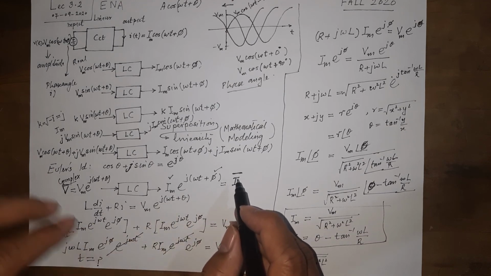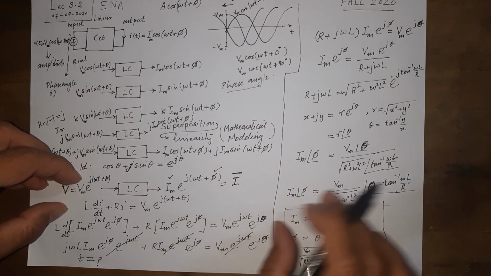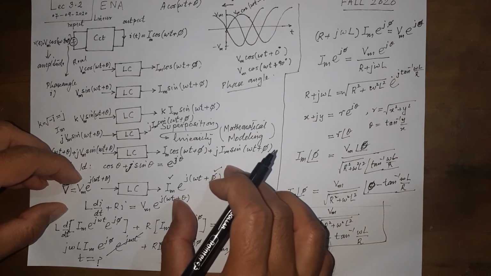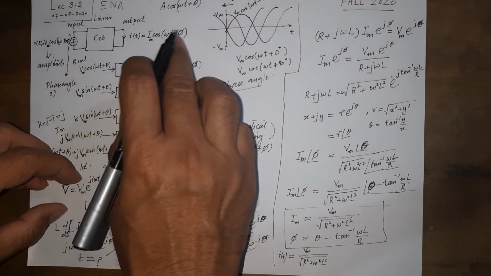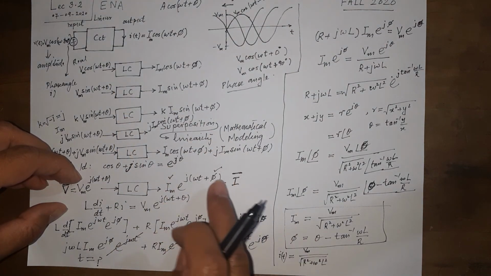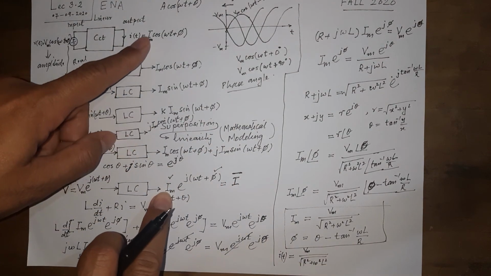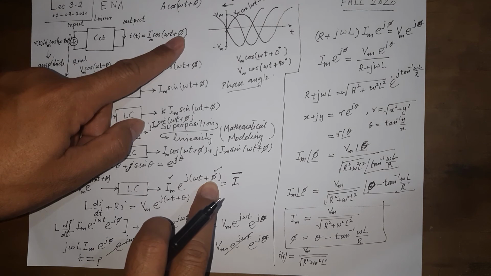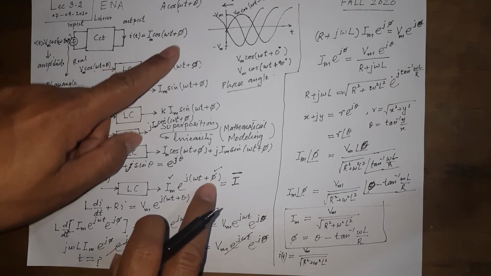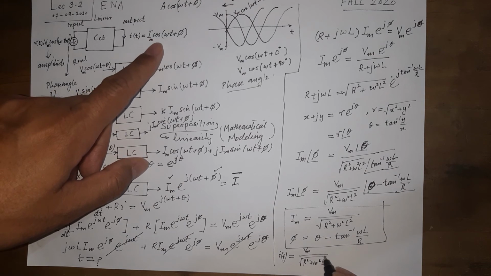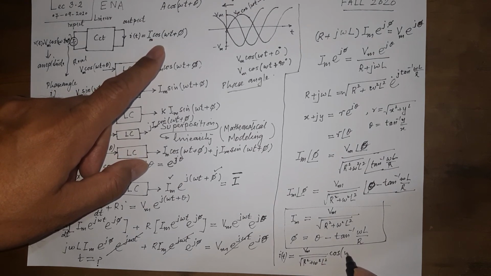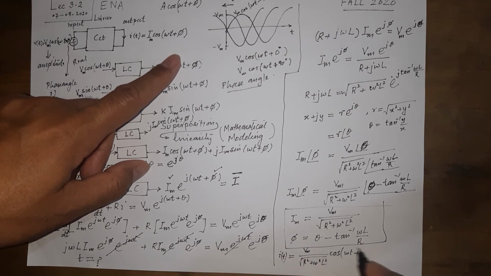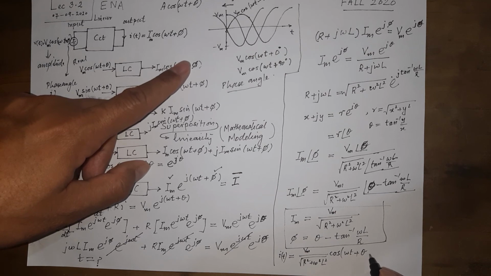So there is a complex input and a complex output. So we have found that complex output. But from where this complex output came, we started all the way from here. So now we can see this Im is the same as this Im. This omega is the same as this one. This phi is the same as this one. So getting what we got, we can now write what is IT equal to, and this cos omega t, the t which vanished from here, we can bring that back, plus phi, and what is that? Theta, the phase angle of the input source, minus tan inverse.